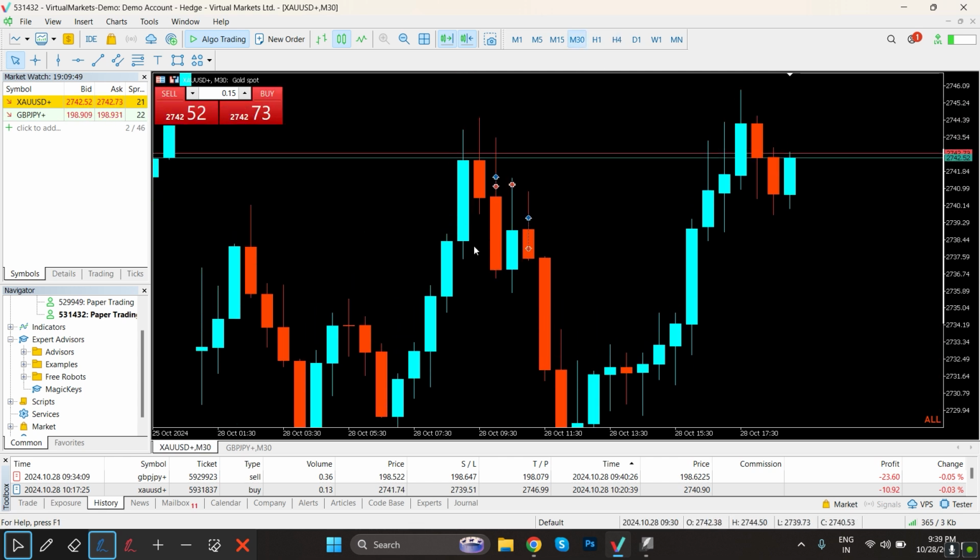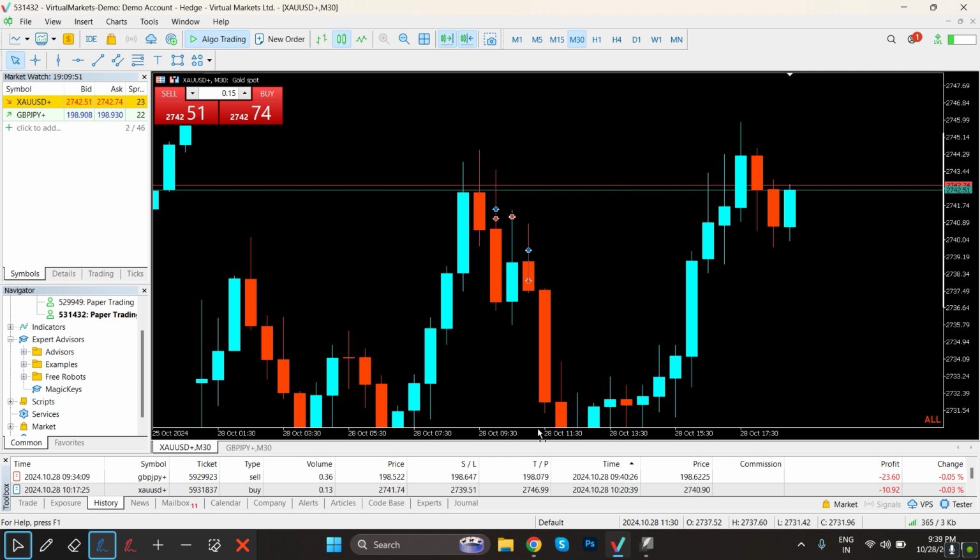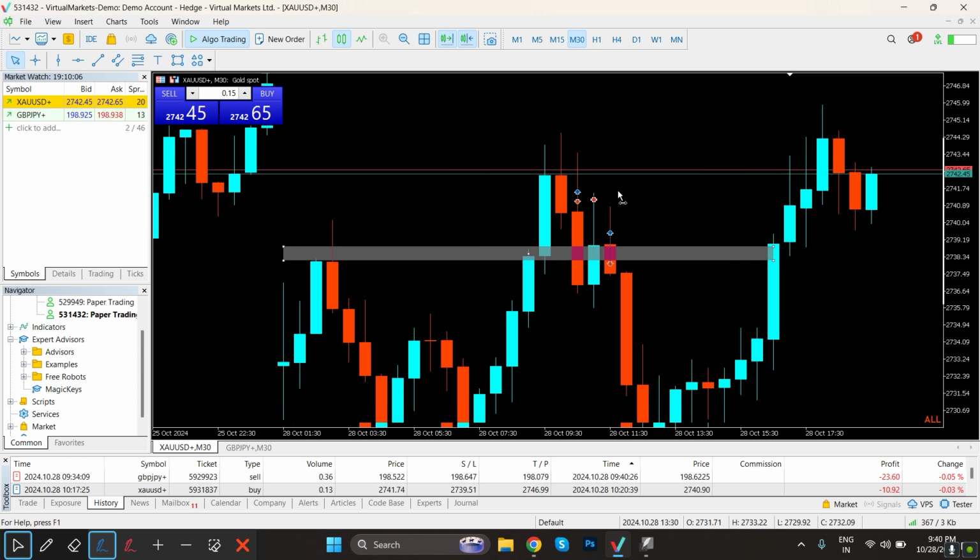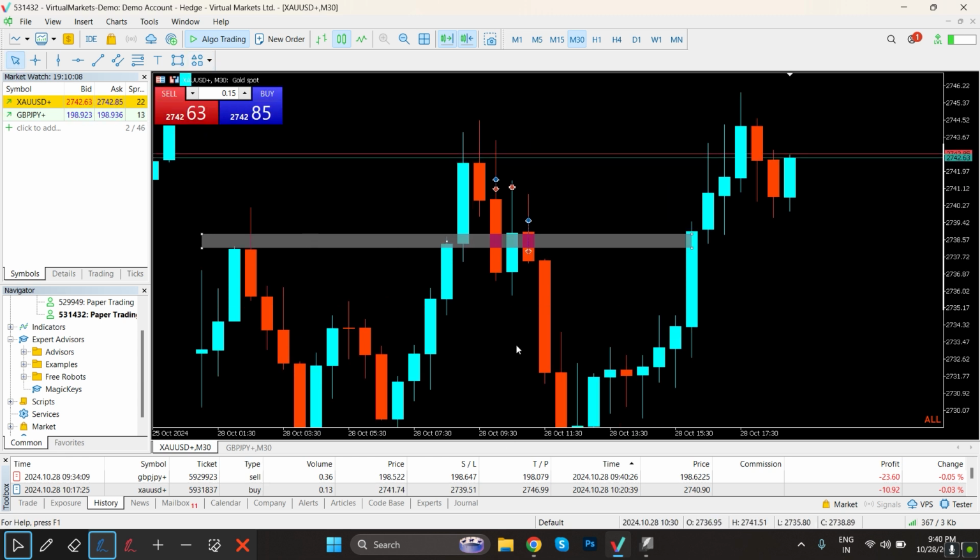On the gold, I took a couple of losses. This one and this one, but this was a minor loss. This position, I will talk about this position. Why did I execute this sell? So on gold, we had this resistance form, and I told myself that if we are breaking above,